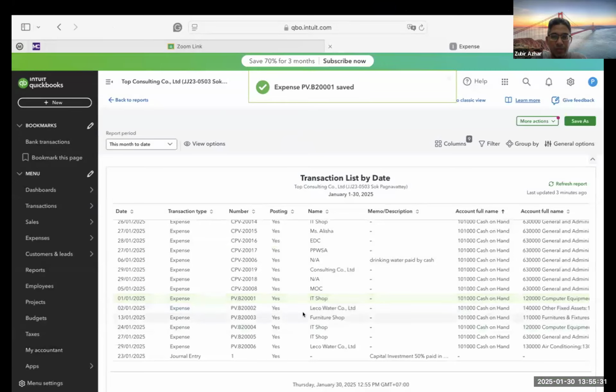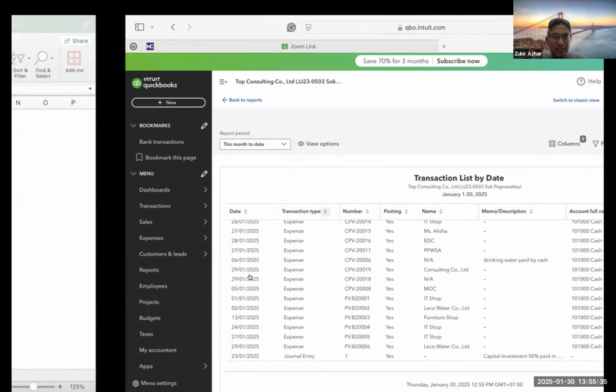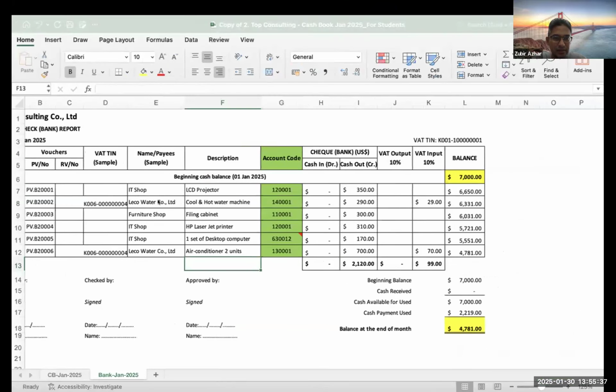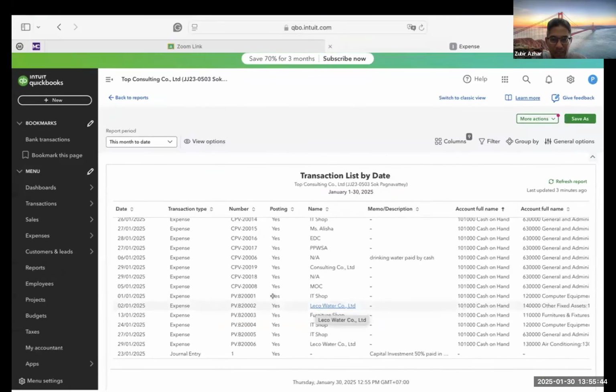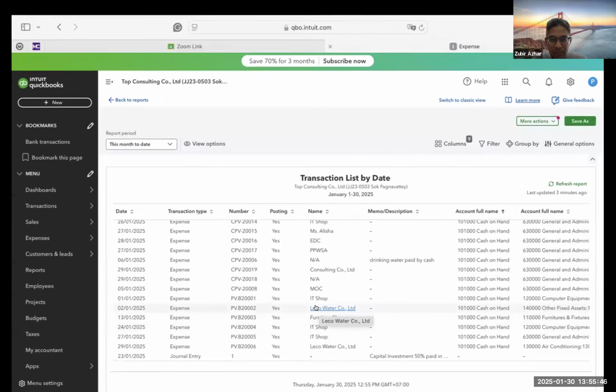Now, could you please show me the second transaction in Excel? What is the second transaction, my dear? Cool and hot water machine from Lico Water Company. So please find Lico Water Company. Click on it.